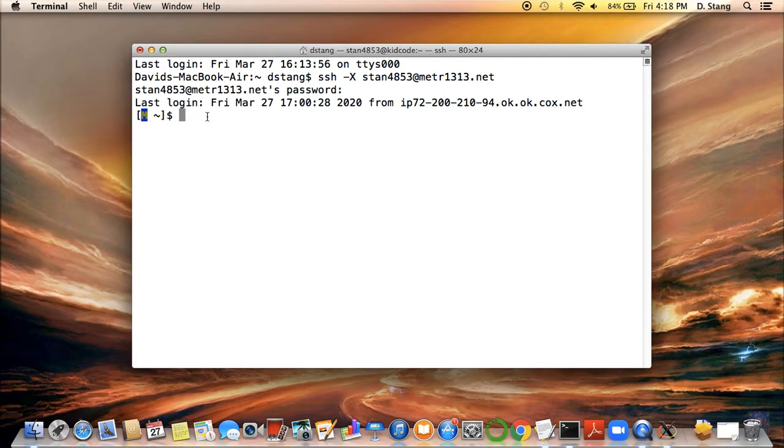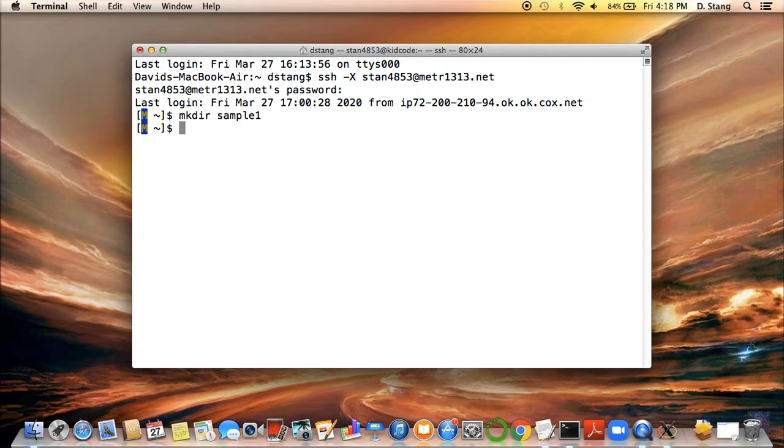But first, let's think about how we're actually going to create a directory. In the graphical user interface, you have either Command-Shift-N to create a new folder, or right-click and create new folder. Here in the command line interface, the command to accomplish that is mkdir, which is an abbreviation for make directory. I'll call this directory sample1. Whatever you call the directory is what you put after mkdir and a space. Then if you hit enter,